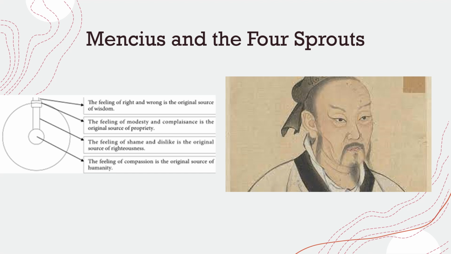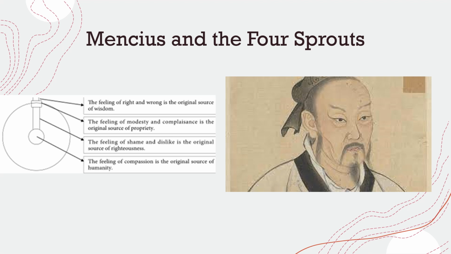Now, I want us to think, as we come to the end of this lecture, about how we might think about reason and emotion, not as in conflict or competing, but as working together almost. Is there a more harmonious story we can tell? And it may be that we can start to get that story by going back to the ancient Chinese philosopher Mencius and his theory of the four sprouts.